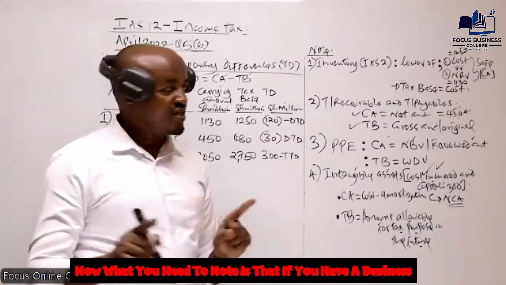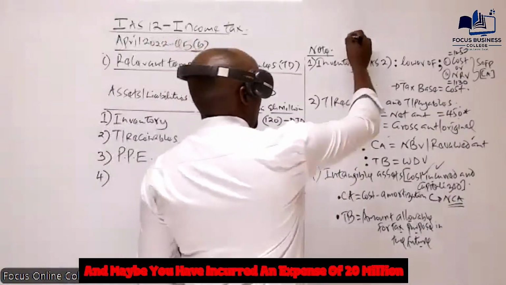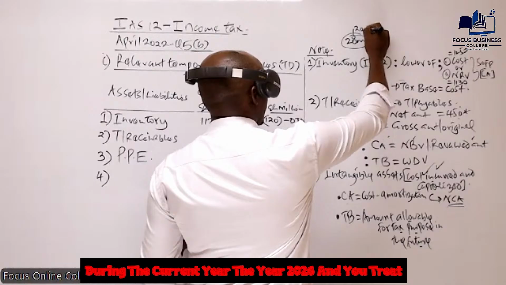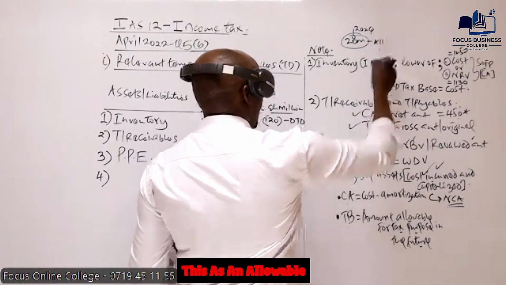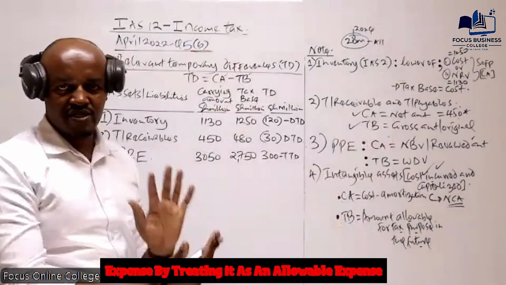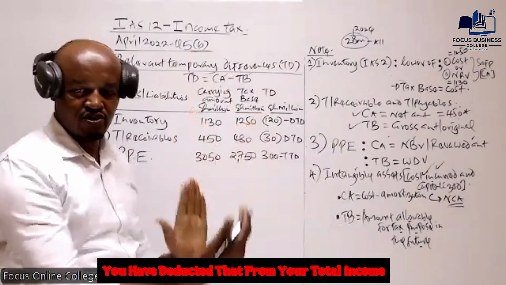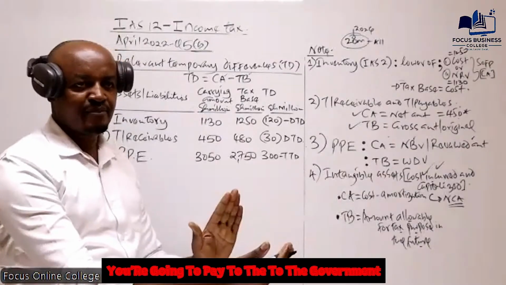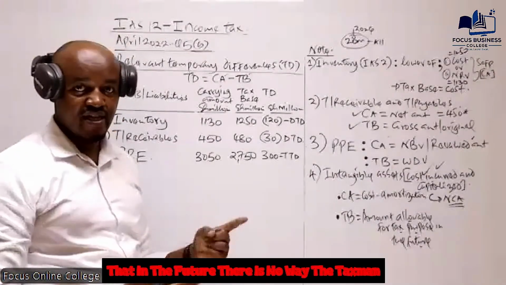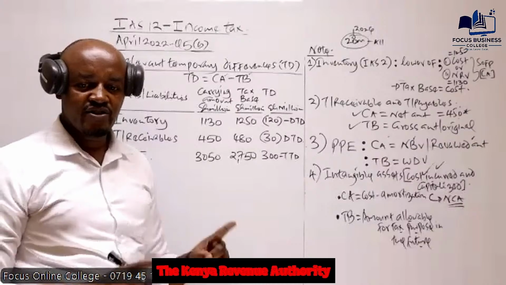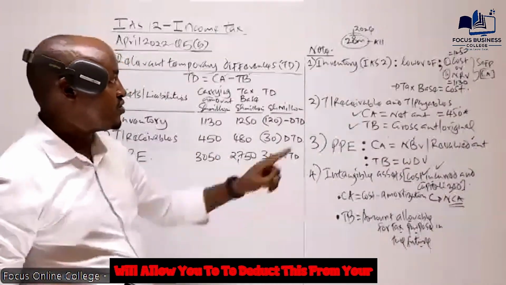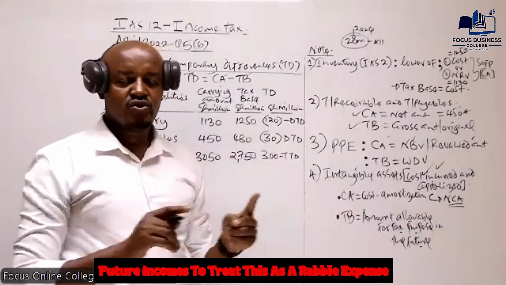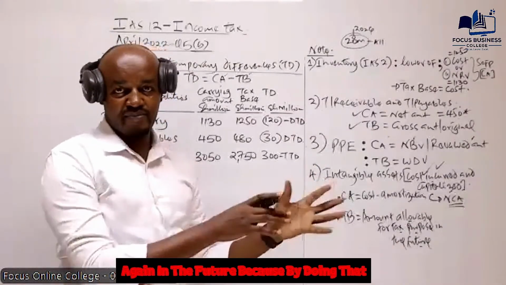Now, what you need to note is that if you have a business and maybe you have incurred an expense of 20 million during the current year, the year 2026, and you treat this as an allowable expense. By treating it as an allowable expense, you have deducted that from your total incomes in determining the amount of tax you are going to pay to the government. Now, it is obvious that in the future, there is no way the taxman, the Kenya Revenue Authority, will allow you to deduct this from your future incomes, to treat this as an allowable expense again in the future, because by doing that,